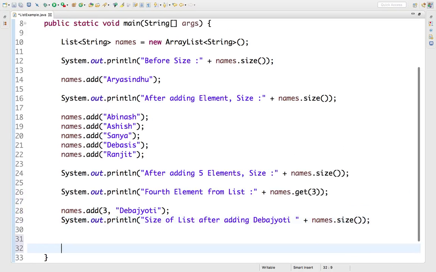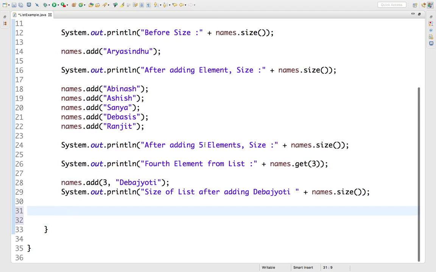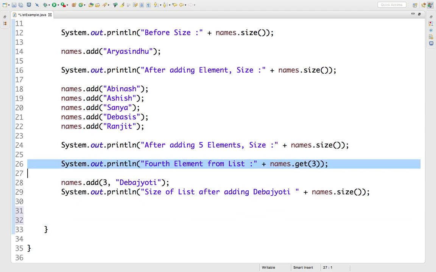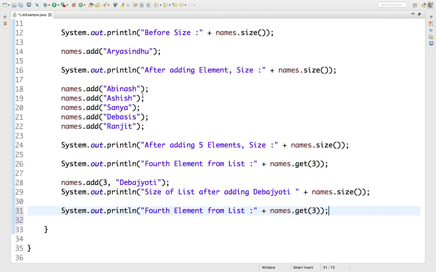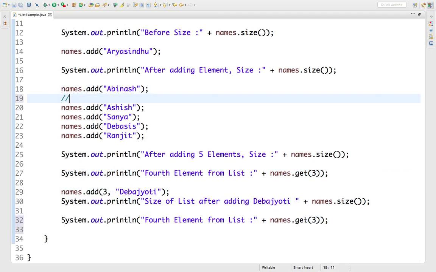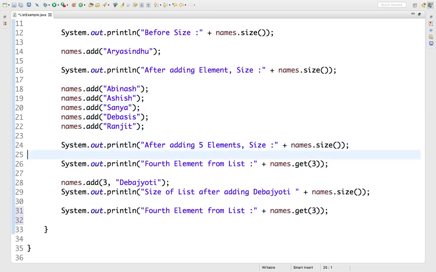Fine. After that, if I want to print the fourth element from list, earlier it used to be Sanya, now the fourth element has changed. Third element over here, the third element will be Devajyoti, and the fourth element is Assis. So now I am going to get Assis after that. Fourth element from list is going to be different. Right click,